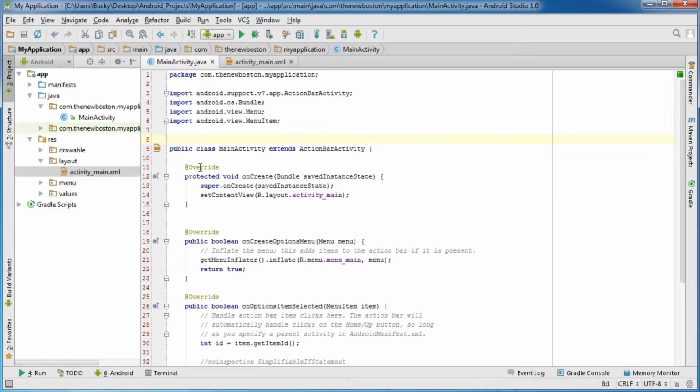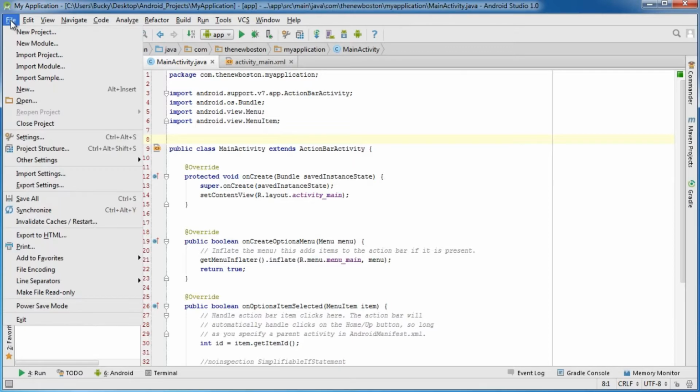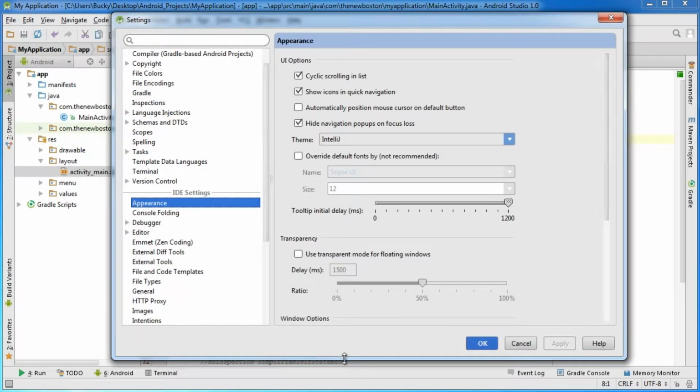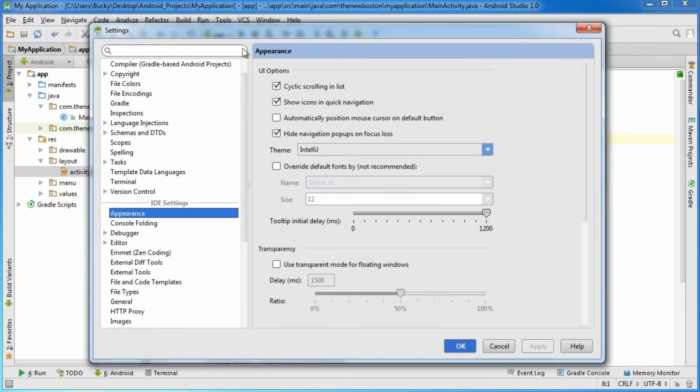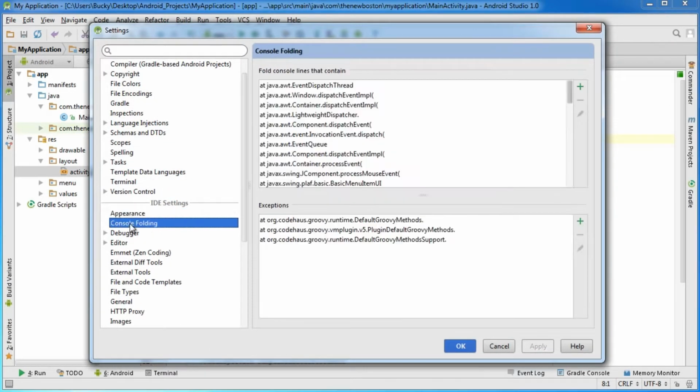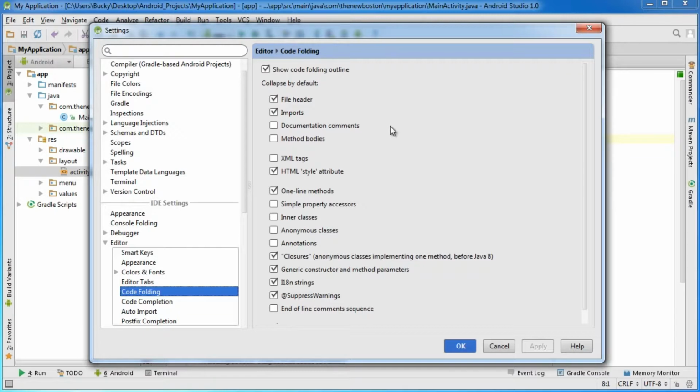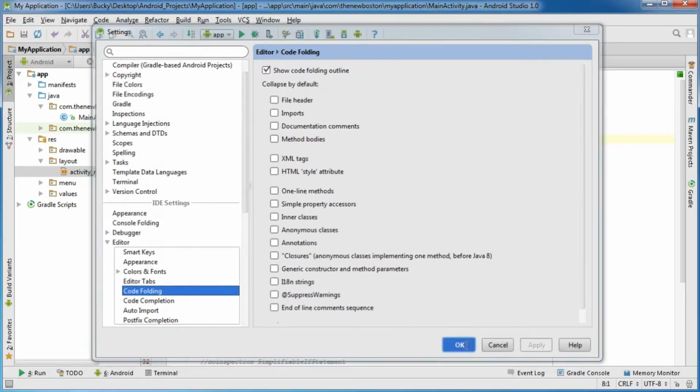If you want to get rid of all of the code folding, as it's called, go to File and back in Settings. Let me minimize this so you can see everything. Go to Editor under the IDE settings, then Code Folding, and right here, this first checkbox is just to show the code folding outline, and that's that little arrow you can click to either bunch it up or expand it. But what I want to do is uncheck all of these, so none of my code is going to be folded. Again, once I apply this,